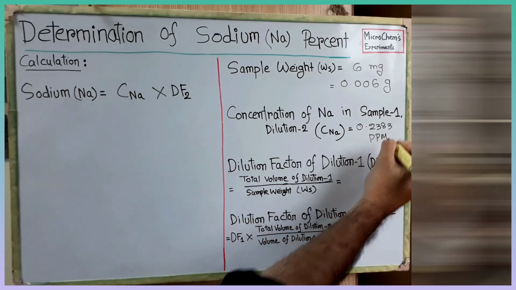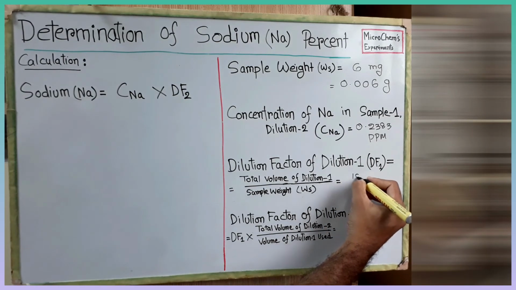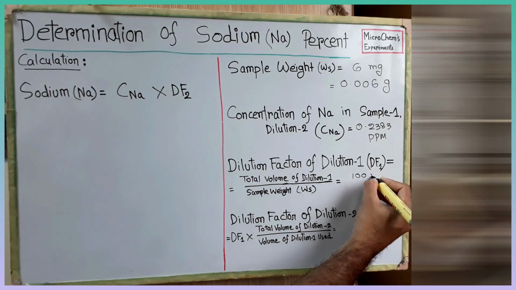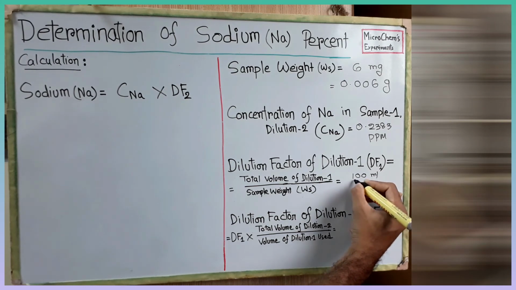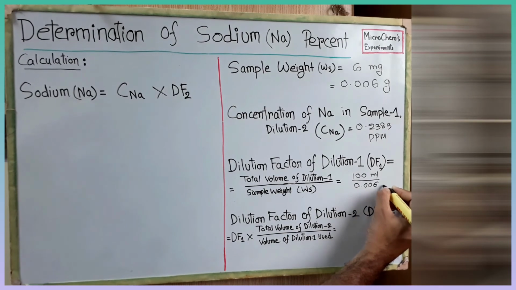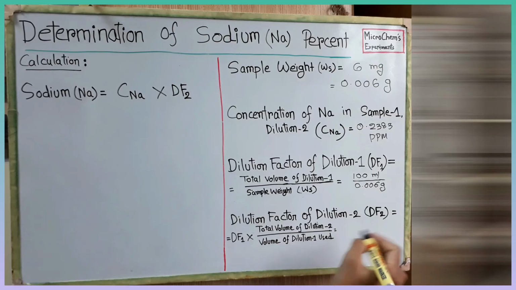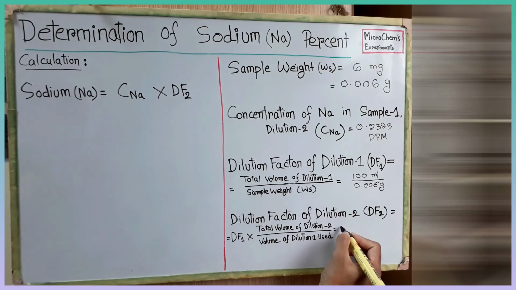We can find the dilution factor of dilution 1 by dividing the total volume of the dilution 1 solution by the sample weight. We made 100 milliliters volume. And we used 0.006 grams of sample. We can find the dilution factor of dilution 2 by this formula. Dilution factor 1